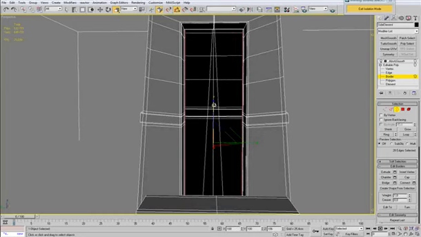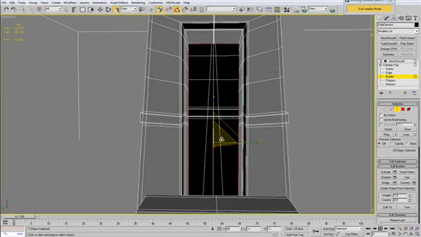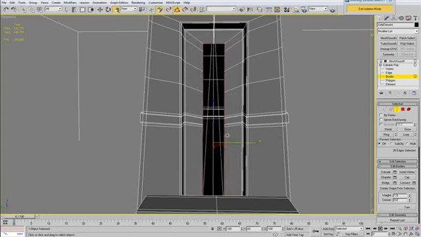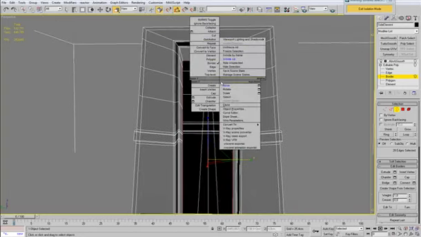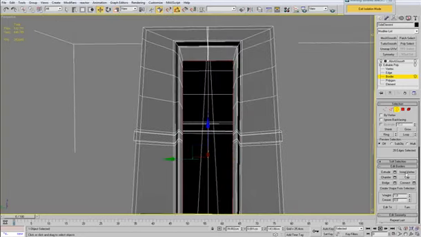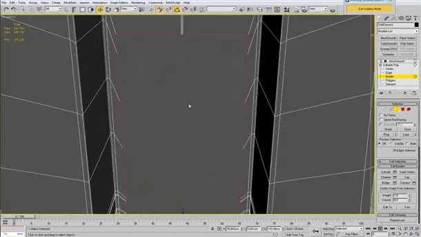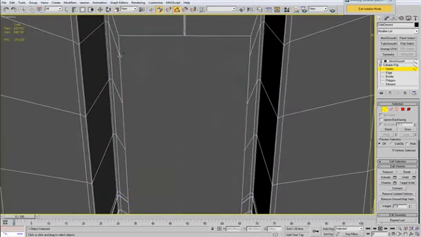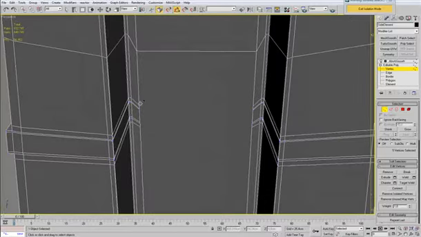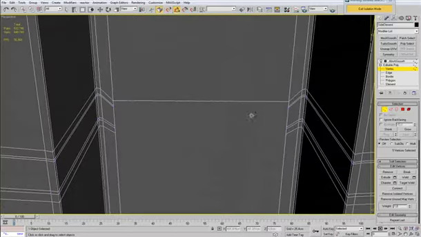Another scale, okay, and I'm going to cap the end there. And interesting part here, I'll have to connect all of these vertices by hand, unfortunately, but you know, it has to be done. So I start cutting here,